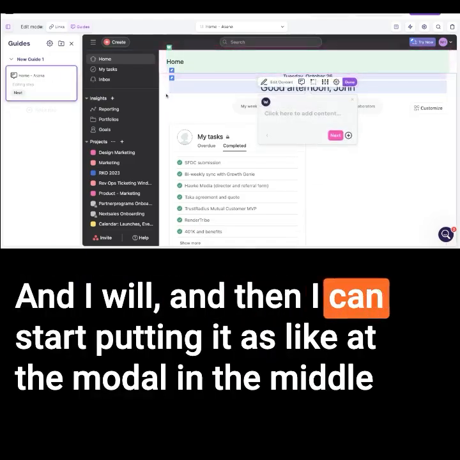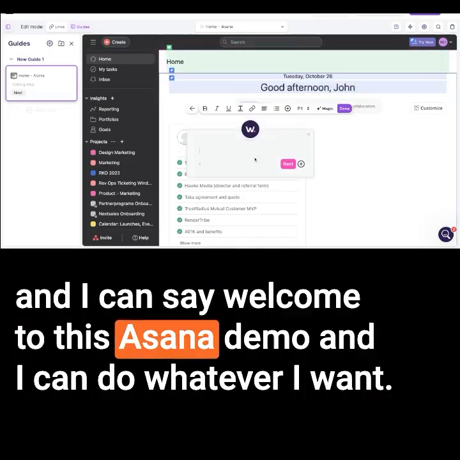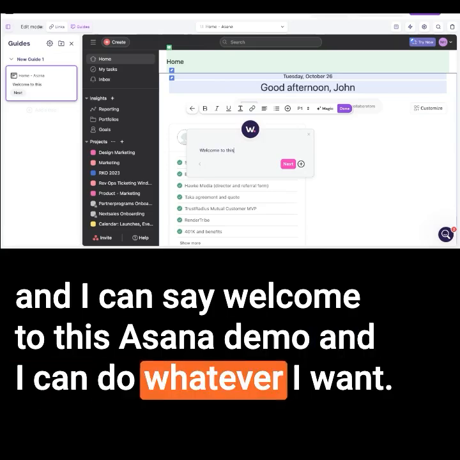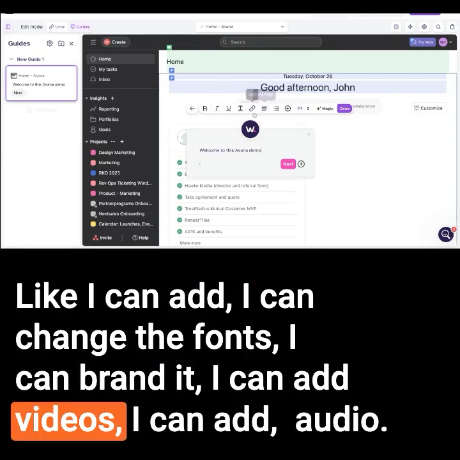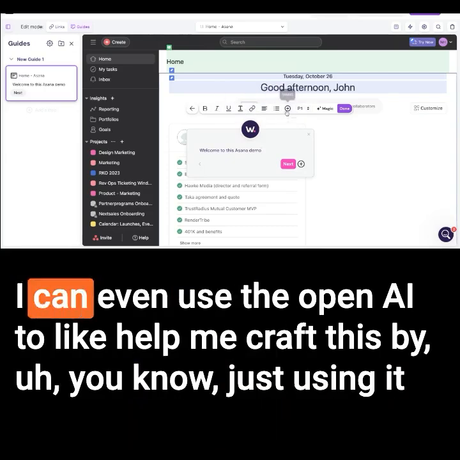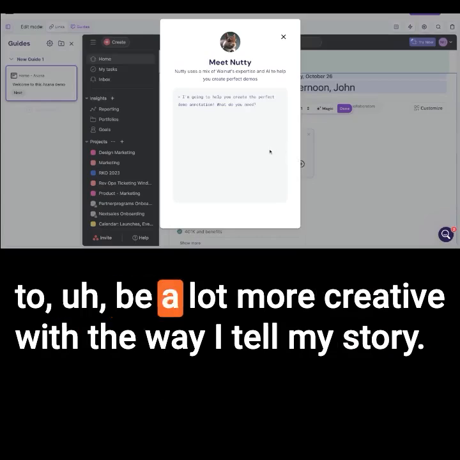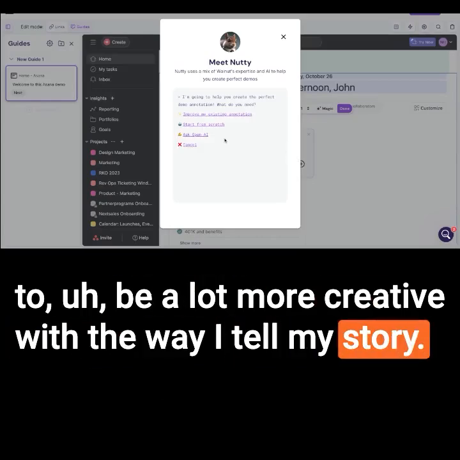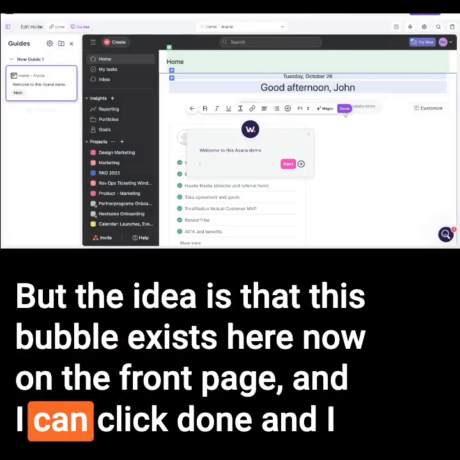And then I can start putting it as a modal in the middle. And I can say, welcome to this Asana demo. And I can do whatever I want. Like I can change the fonts, I can brand it, I can add videos, I can add audio, I can even use OpenAI to help me craft this, to be a lot more creative with the way I tell my story. But the idea is that this bubble exists here now on the front page, and I can click done,